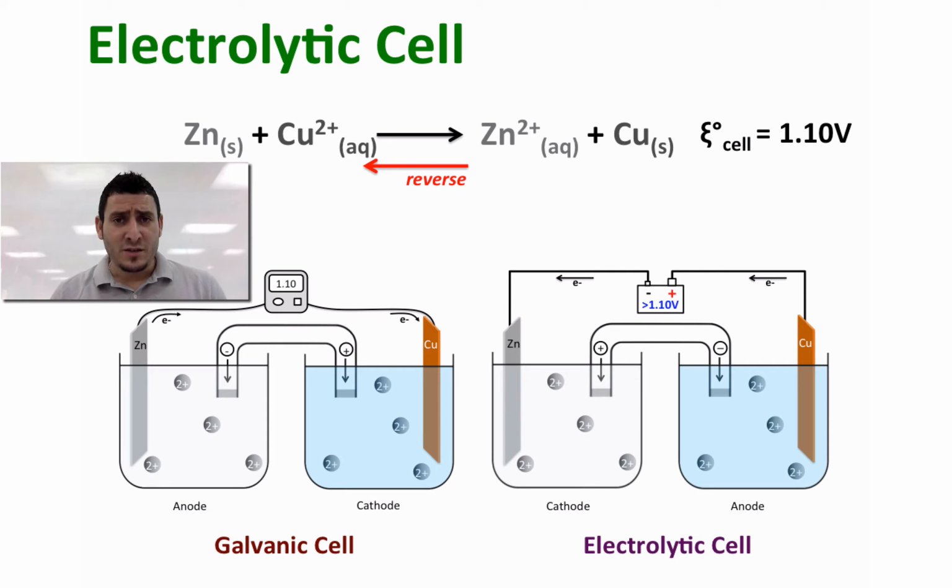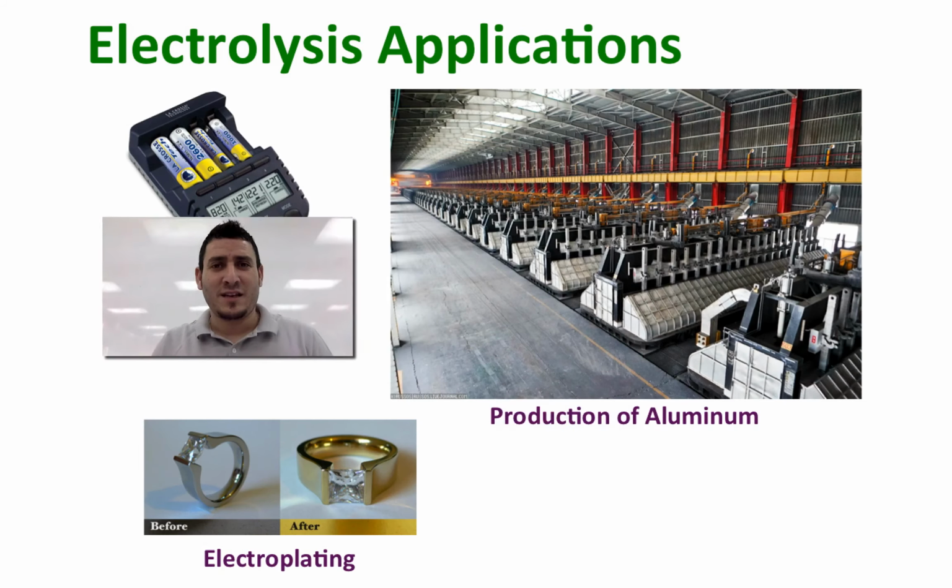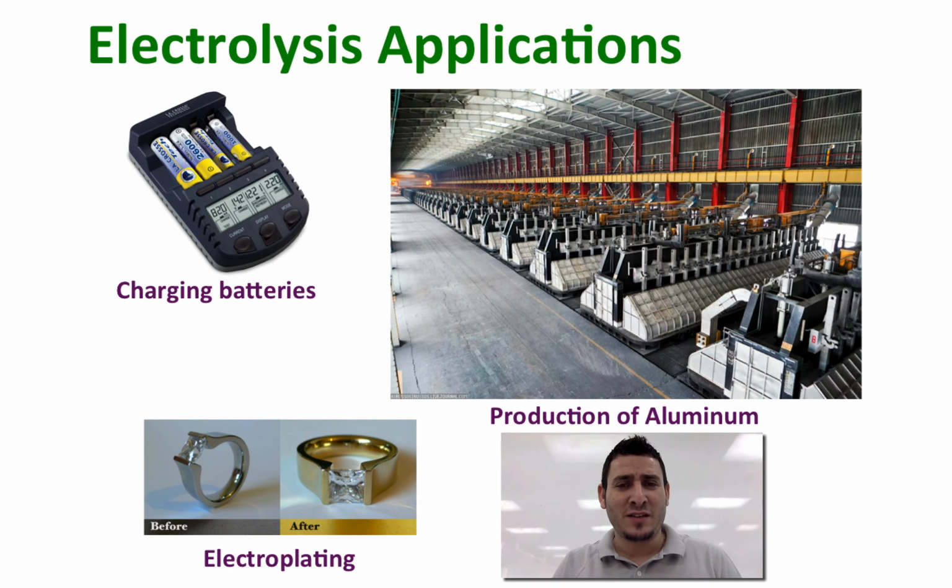the opposite direction. Notice that since the flow of electrons is opposite in the two cells, the anode and the cathode are reversed as well. Also, the flow of ions in the salt bridge will be reversed as well. Electrolysis has great practical importance. For example, charging a battery, producing metals from their ores, or plating an object, which is the example that we